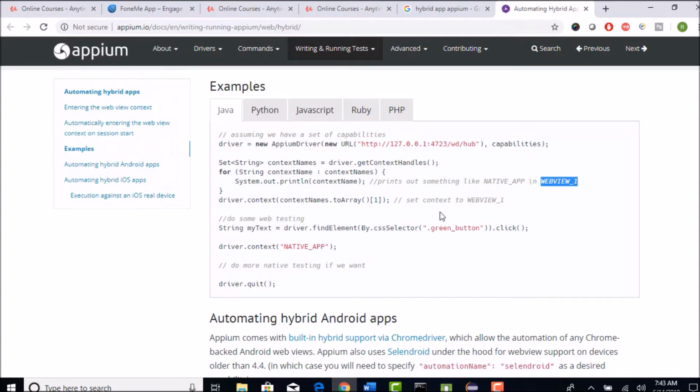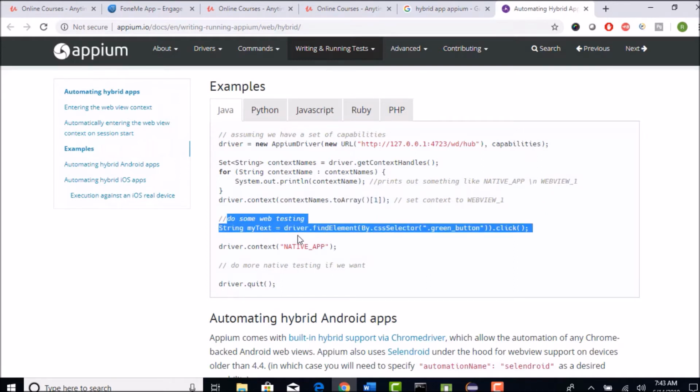And now if you want to switch your Appium driver to the web view context, you use driver.context and pass that web view ID into it, so that Appium understands you want to switch to the context of this web view. Okay. So once it is done, hereafter you can enjoy your Selenium stuff.